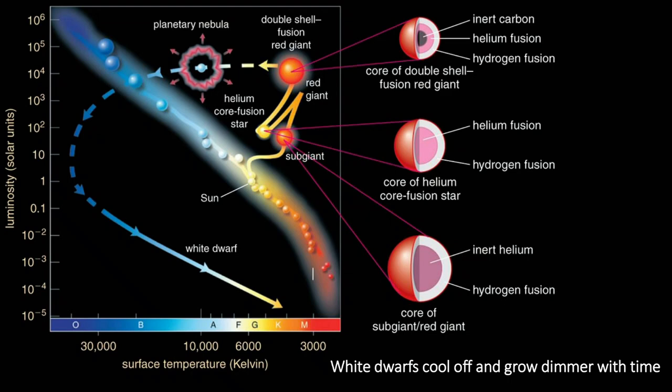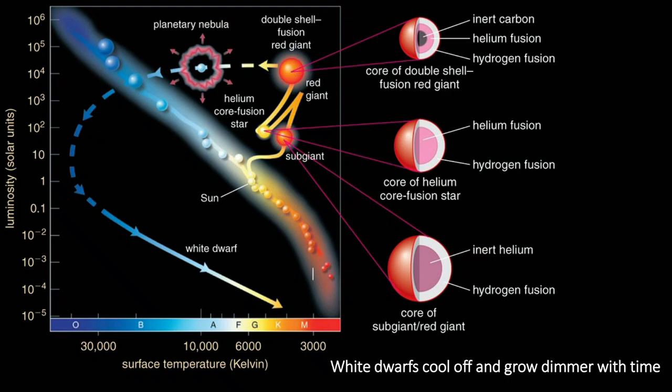The fusion of helium will result in carbon. Then you build up enough carbon in your core that it'll displace the helium, so now you have a helium fusion layer and a hydrogen fusion shell, and that double shell fusion is unstable. Eventually the star blows itself apart and it leaves behind a planetary nebula and that carbon core, and that carbon core is what